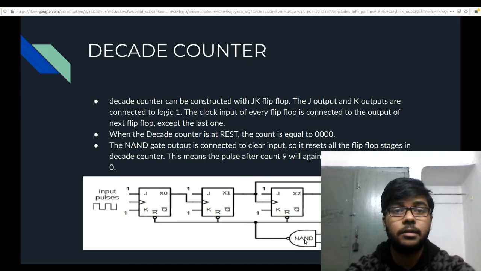So the major difference which a decade counter has from all other counters is that all other counters have their mod in the power of 2. So basically they use all the bits to their maximum potential, but for a decade counter, after count 9 we require it to go to the initial state, which is 0. For that, we require some complex logic to reset all the bits after 10 to 0. So this is the main difference of a decade counter from all other types of counters.